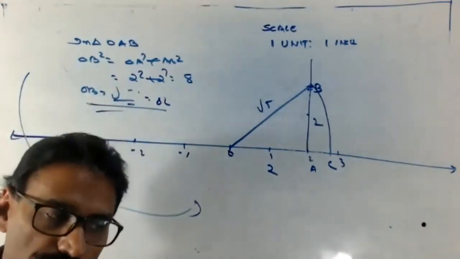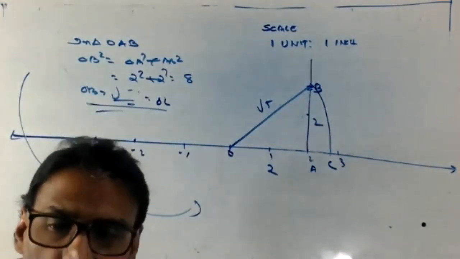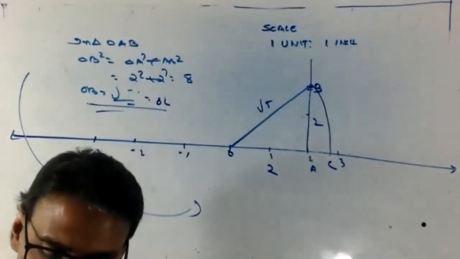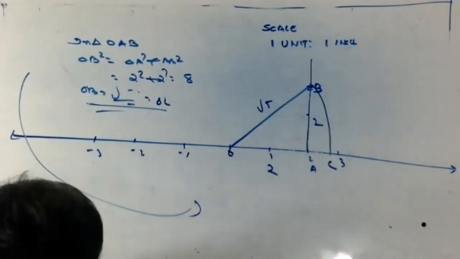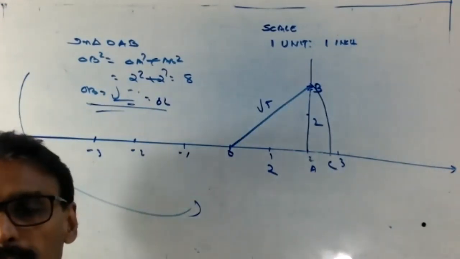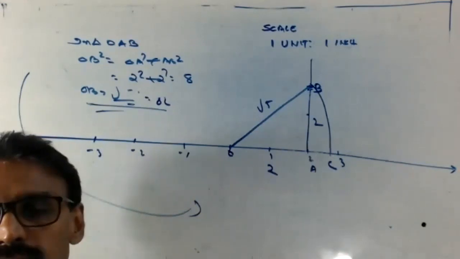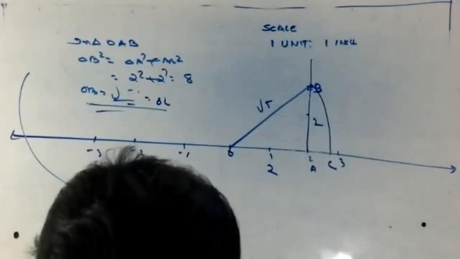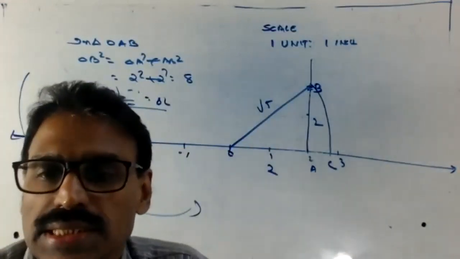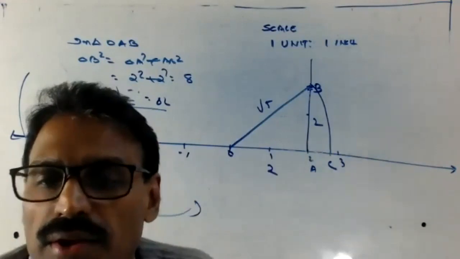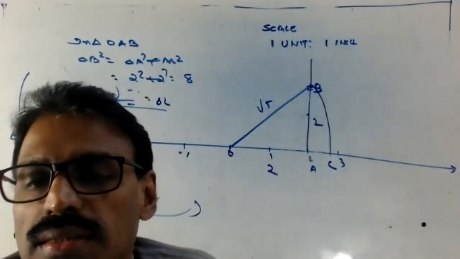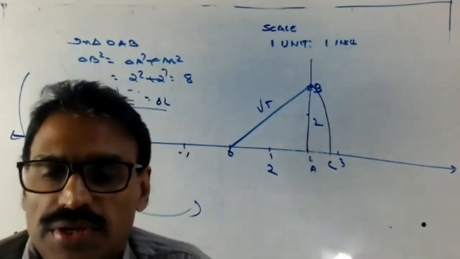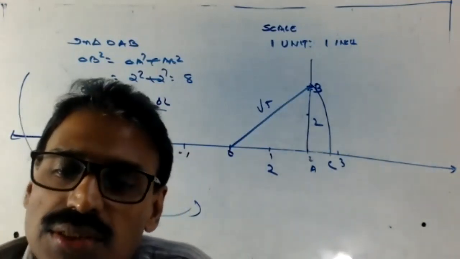Okay, draw this one now. Come on, draw 2 root 2. How to draw 2 root 2? Maybe many people don't have paper, so what to do? Whether it is chart paper or color paper or A4 paper or whatever the color, no issue. The figure should be clean and correct. That's all.